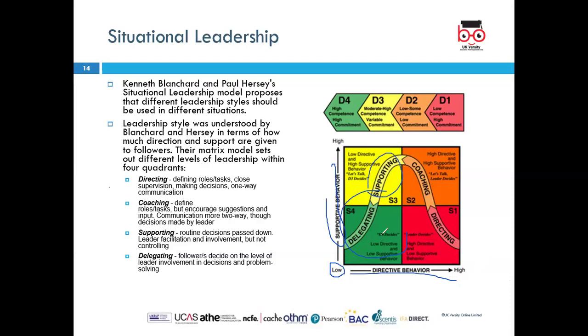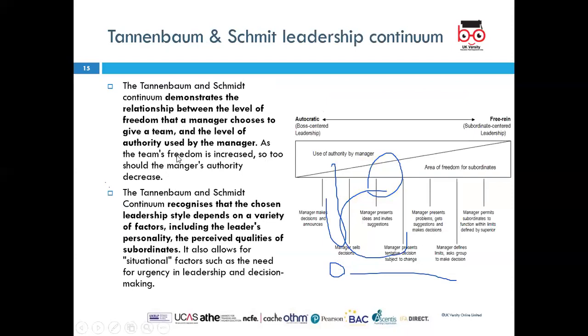So sometimes you may have a low supportive but high directive behavior, and sometimes you may have a low directive and more supportive behavior. So it depends upon different kinds of situations, different kinds of scenarios that you have to alter your leadership style. So this is one situation where